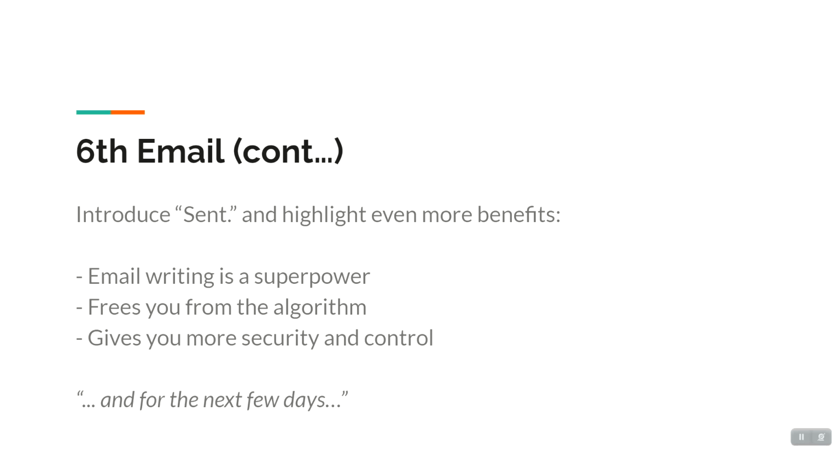And because of that, it gives you more security and control. Not only that, it's less hassle. It's less of a struggle. It's less mental effort. Because with a social post, you have to work out the best time to post it, and I've got to find an image to go with it because the algorithm likes that, and best Facebook posts are between this length and this. None of that. You just write an email, tell them what you need to tell them, and send it. That's it. Security, control, less stress.